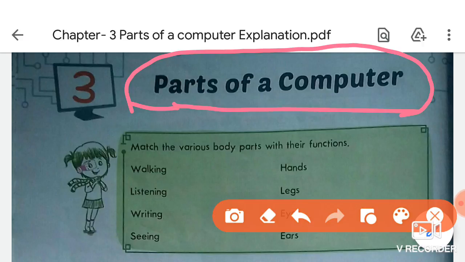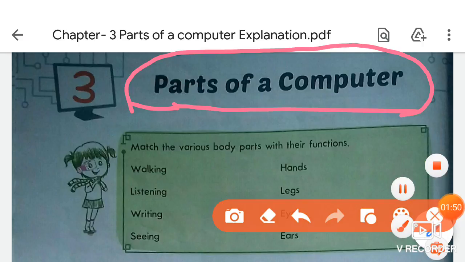As you all know, we all have our body parts for different functions, and a computer also has its parts. Some parts of a computer are main parts, and the computer has some other parts too. We will learn about the different parts of a computer in this chapter.